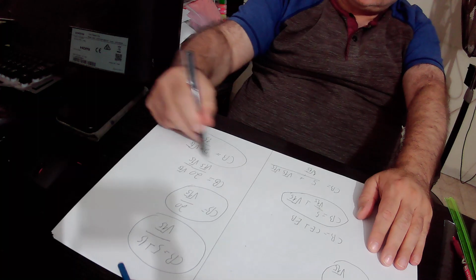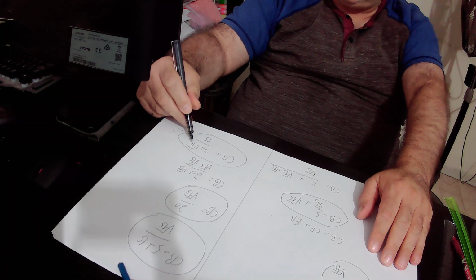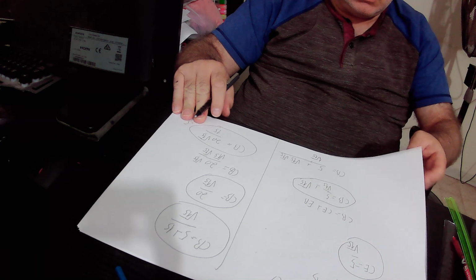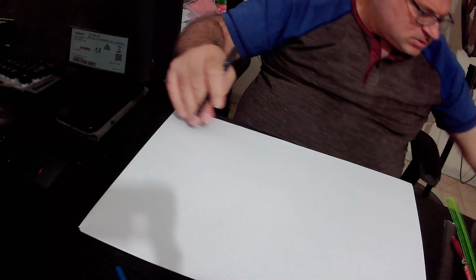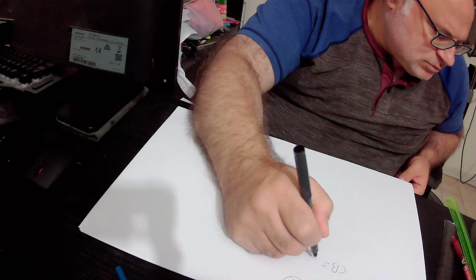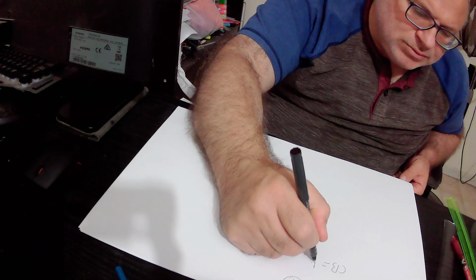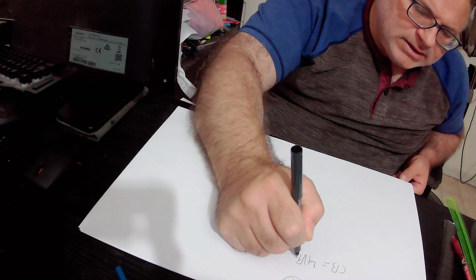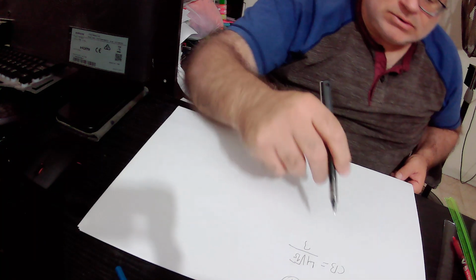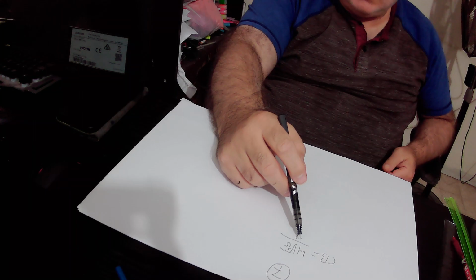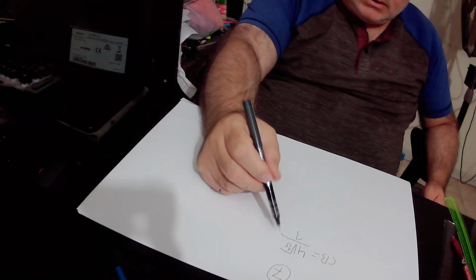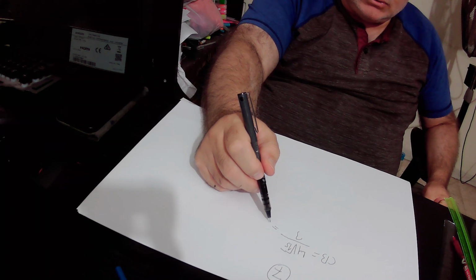We'll divide this expression by 5 for the numerator and the denominator, and we'll get that CB equals, 20 over 5 is 4, so in the numerator we have 4 times square root of 15 over, 15 over 5 is 3. In conclusion, we found out that the length of chord CB equals 4 times square root of 15 over 3, or in terms of numbers it equals